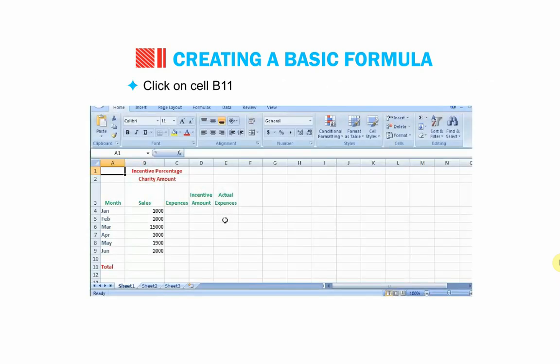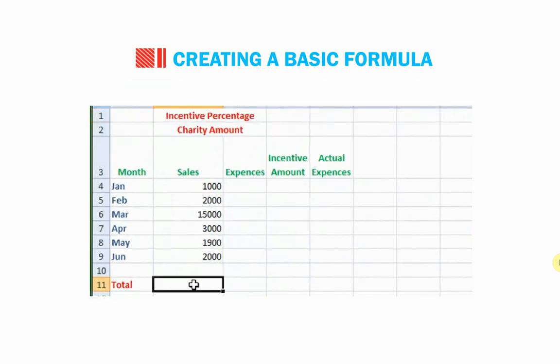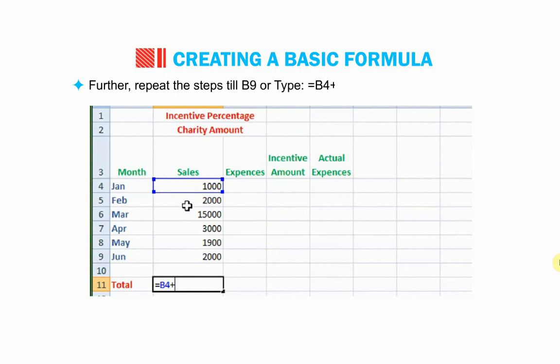Click on cell B11 where you want to display the total. Type the equal to sign. Click on cell B4. Its address will appear in cell B11. Type the plus sign after that. Further, repeat the steps till B9 or type equal to B4 plus B5